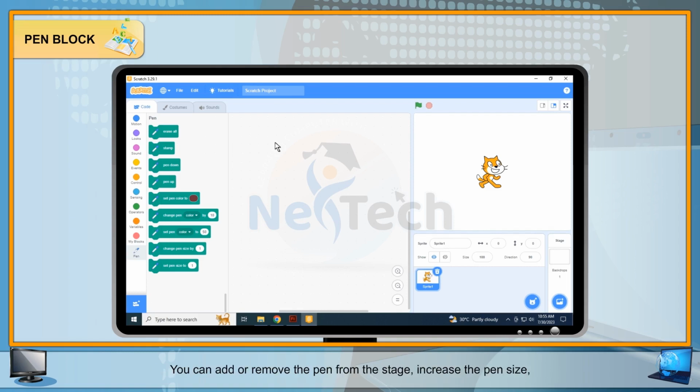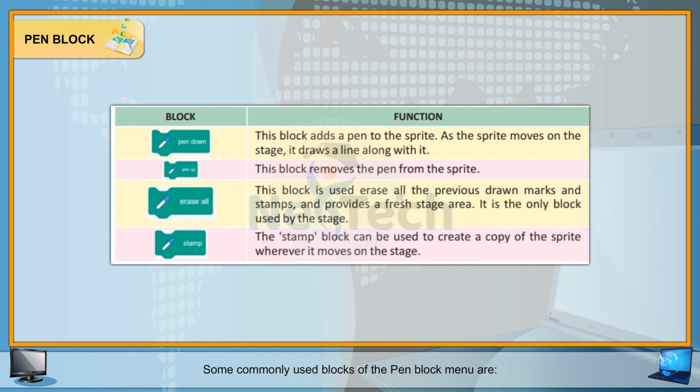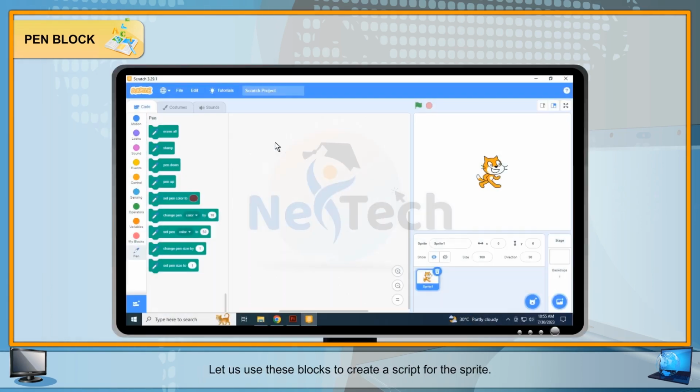You can add or remove the pen from the stage, increase the pen size, change the pen color and shade. When the sprite moves on the stage, the pen block in the script enables it to draw on the stage. Some commonly used blocks of the pen block menu are: